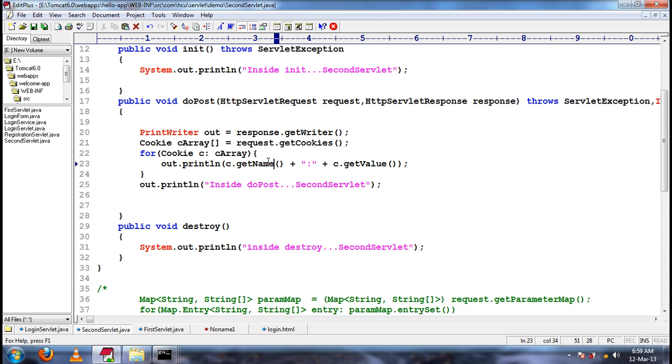Cookies can transfer information only in a string format. Understood what you heard?